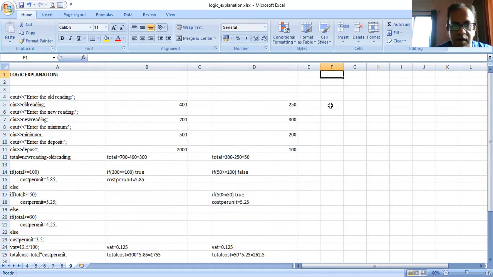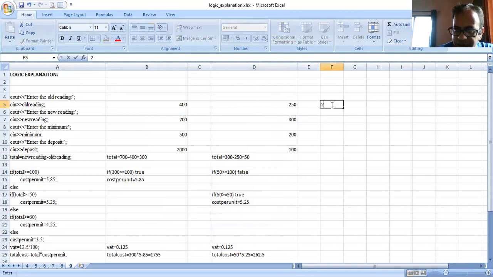So here I'll take the old reading, say 150, and the new reading, say 230.